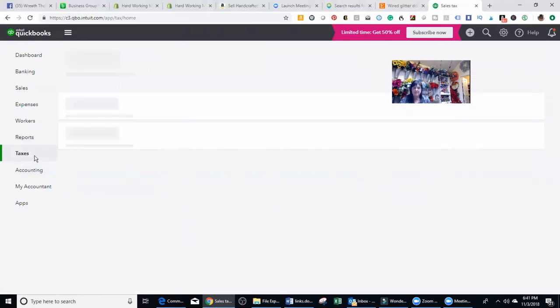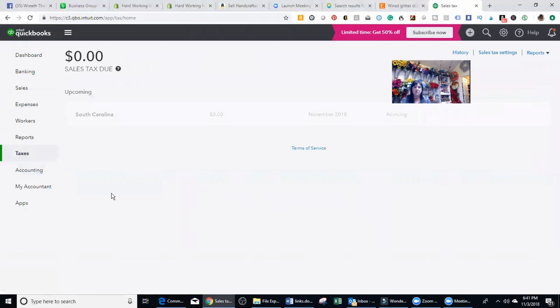Okay, so taxes is also an important category that you need to understand how this works. I don't have any sales that are recorded yet for February, so I don't have anything on my sales tax. However, if I go in here to my sales tax settings,